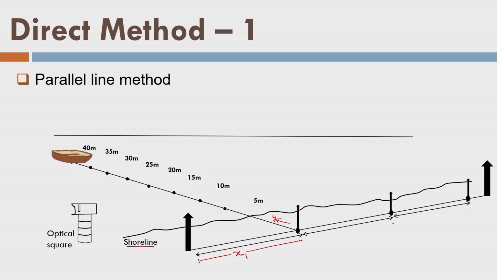Once I have completed this line, then the boat will be turned to the next line like this. And so we will come back and we will observe these points also. That means we are observing the sounding at every point. We will repeat this process for the rest of the survey. So that is the process in the parallel line method. That means we have divided the whole area of interest, or the river body, into parallel lines, and we are observing the sounding readings as well as the xy position at regular intervals.